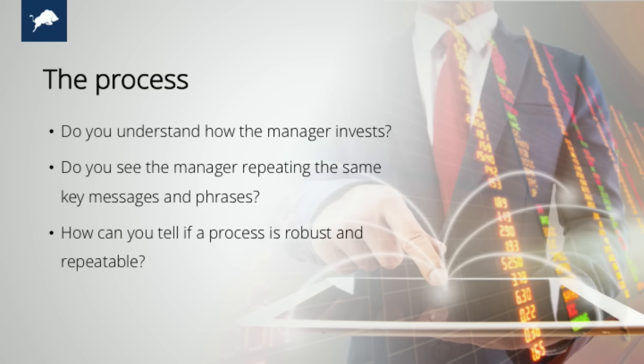And then how can you tell if a process is robust and repeatable? Now, there's a saying in financial markets, past performance is no indicator of future performance. And that's 100% true. But what I do like to look for to see if a process is repeatable and robust is looking back and seeing a good solid track record through all, and the longer I go back for, from say 5 years or even 10 years, the longer the better, because they're going through different investment cycles. They're coming through the GFC, for example. They're coming through Brexit. They're coming through, in the future, Trump.